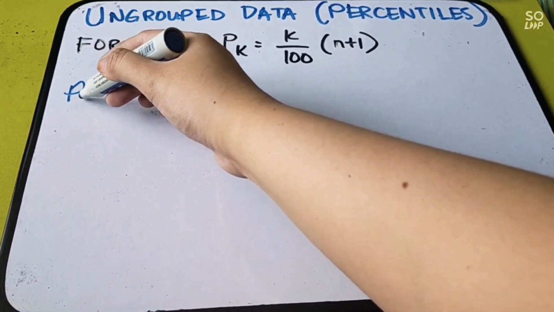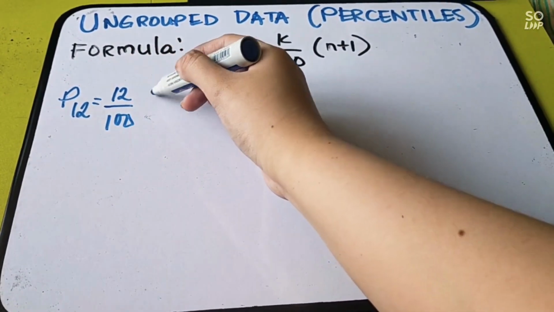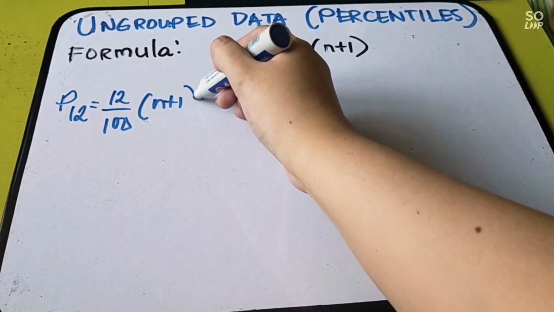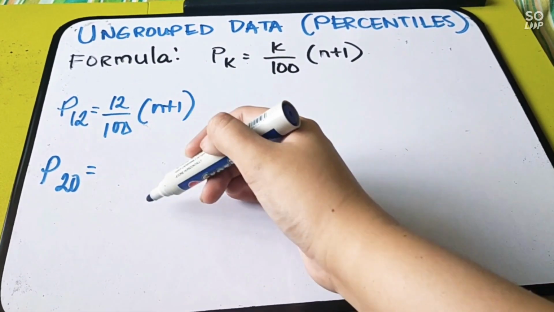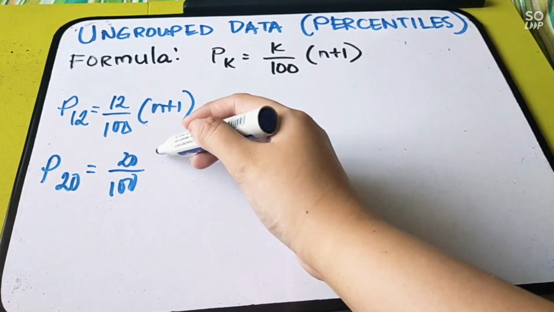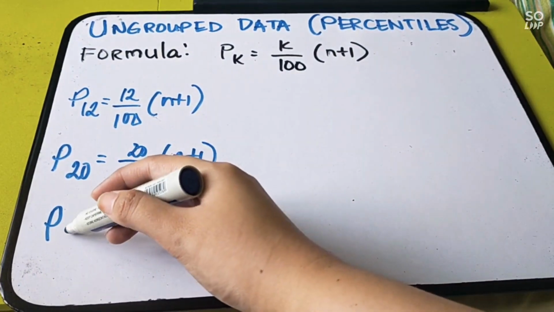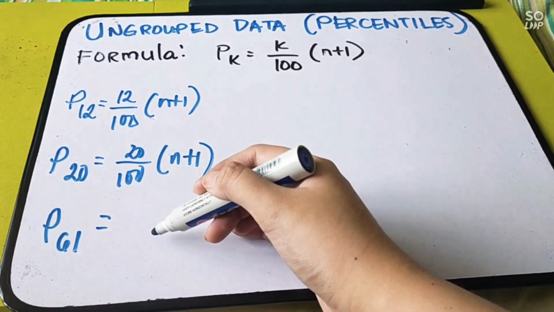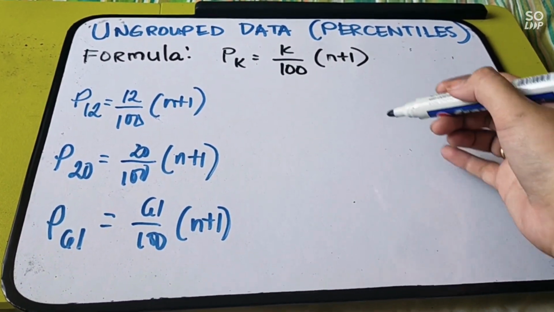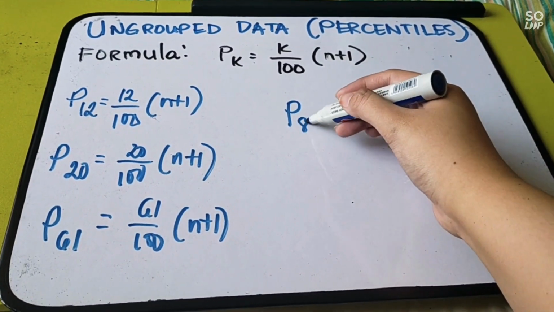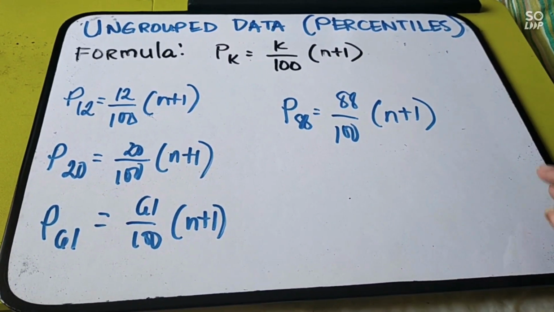For example, we have the 12th percentile. So, your formula, we have 12 over 100 times n plus 1. Ganun lang kasimple. What if ang hinahanap mo ay 20th percentile? So, we have 20 over 100 times n plus 1. What if ang hinahanap mo ay 61st percentile? So, we have 61 over 100 times n plus 1. Okay? Depende po doon sa hinahanap mo. For example, ang hinahanap mo pa ay 88th percentile. So, we have 88 over 100 times n plus 1. So, ganun lang po kasimple humanap ng